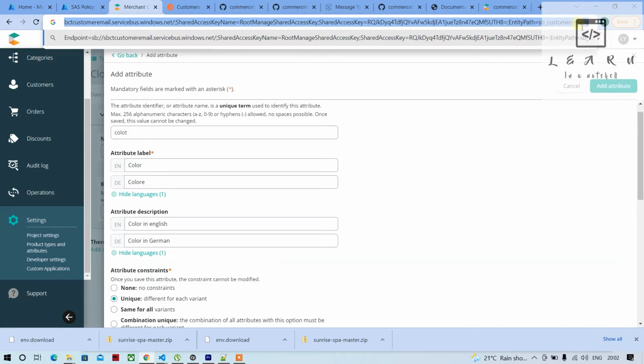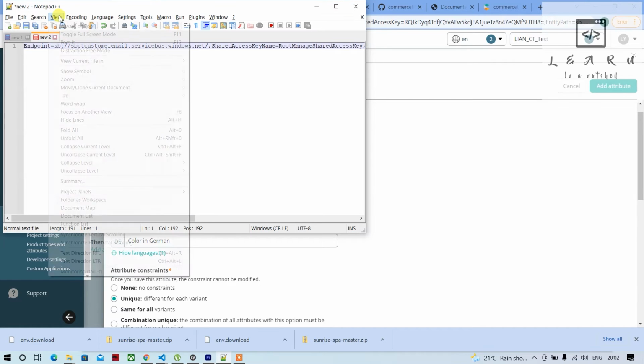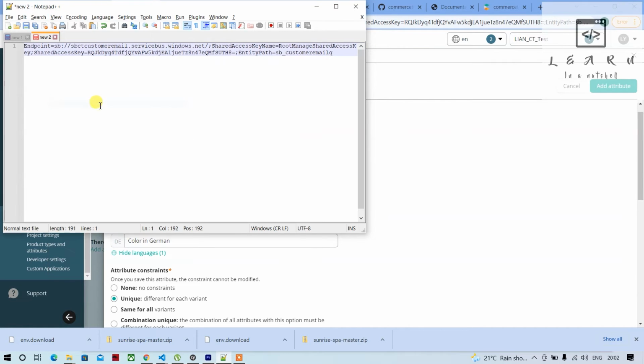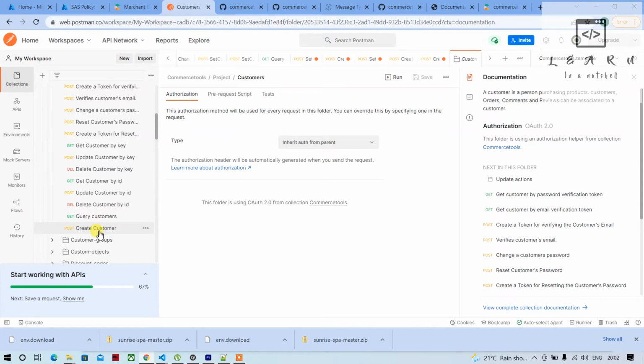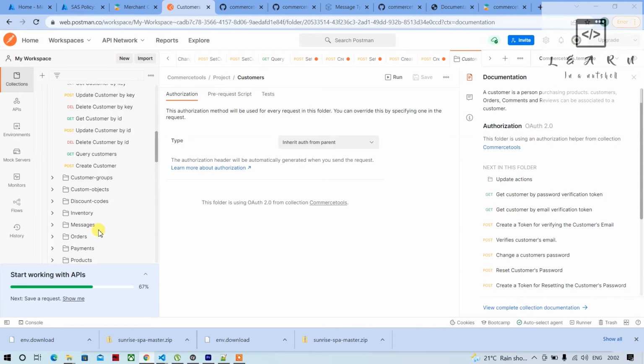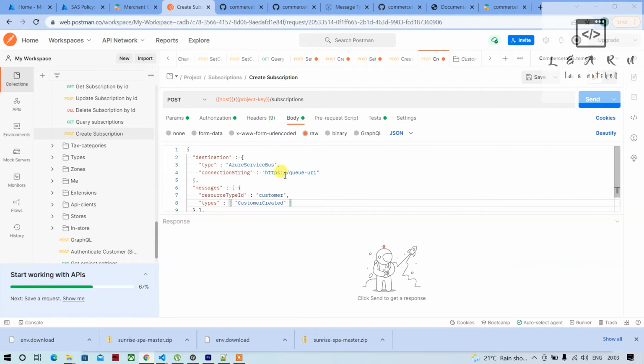So let's copy this. So it should be like this. Entity path should be added at last after copying the connection string. So let's copy this and put it for create subscription, your connection string. So if you put it here